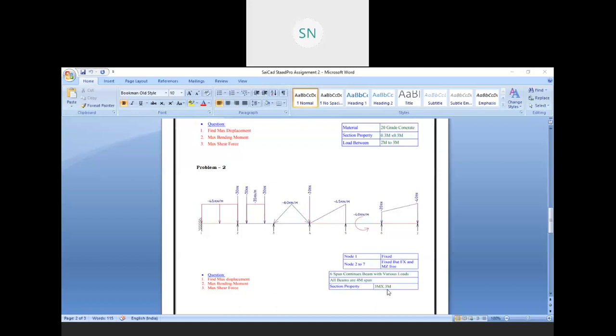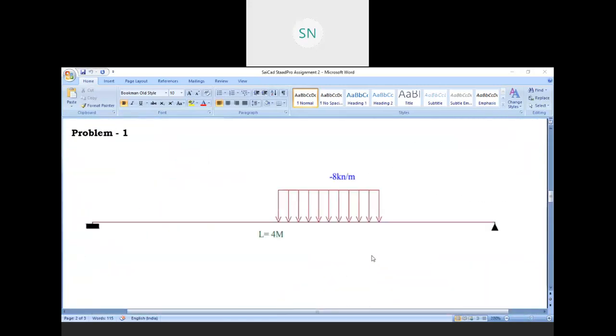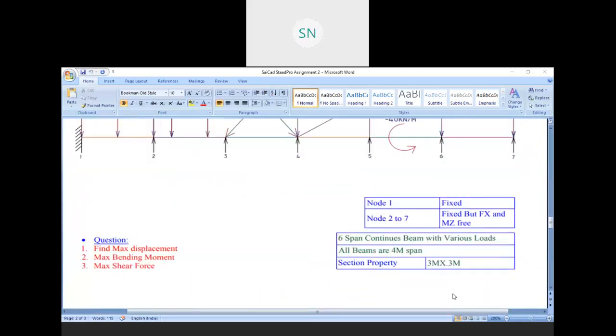and cross section property is 3-meter cross 3-meter. So it's a typing mistake, okay? And don't type 3-meter cross 3-meter. 0.3 meter cross 0.3 meter. There must be a small dot over there. Let me check. Yes, we have a small dot over here.